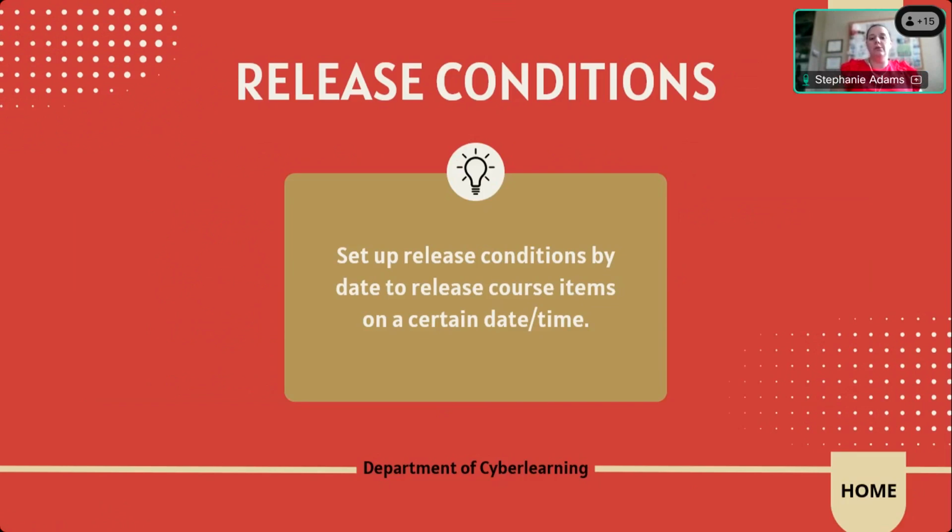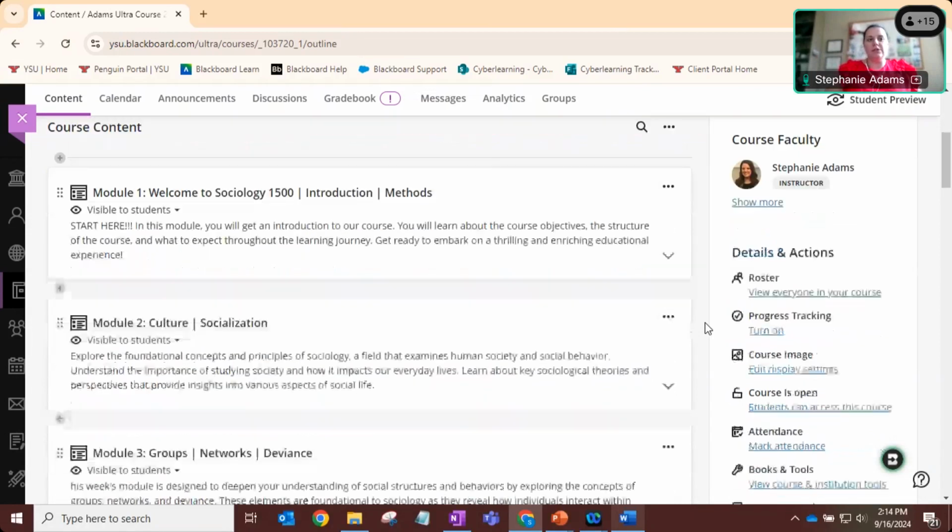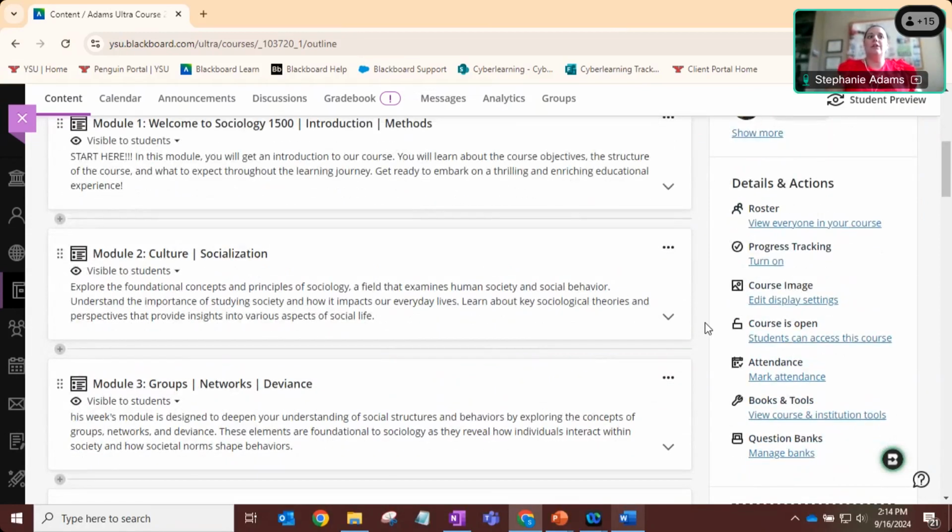content will be available to your students. You can basically set up a specific module, folder, or piece of content to be released on a certain date or time. The way that I like to show using this particular feature is to set up all of your content in your course at the beginning of the semester using your release conditions corresponding with the academic calendar. This is going to save you time in the long run as it avoids having some of your